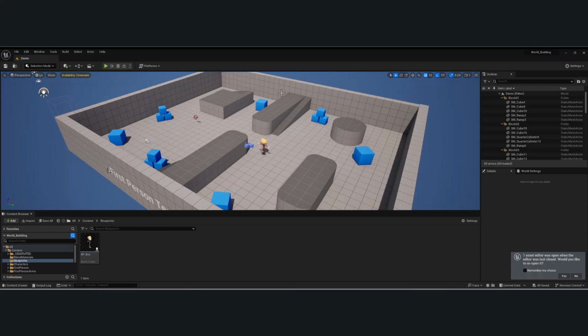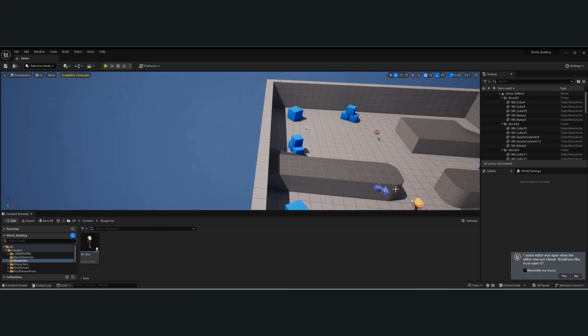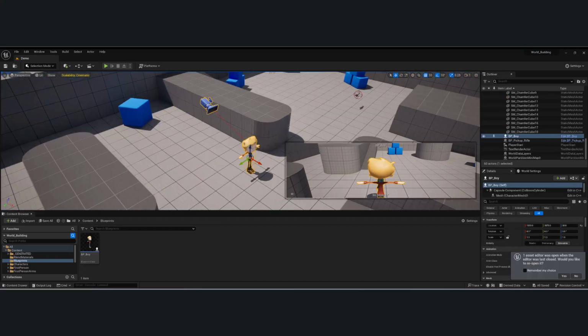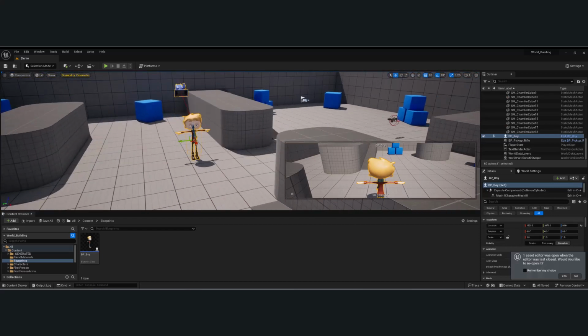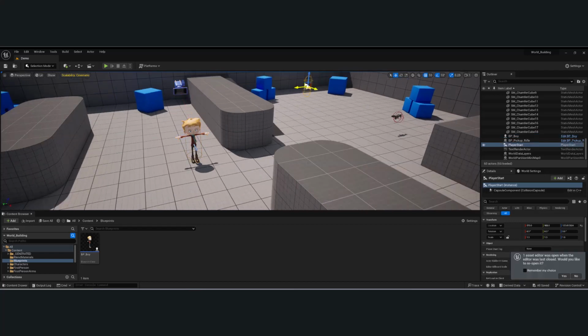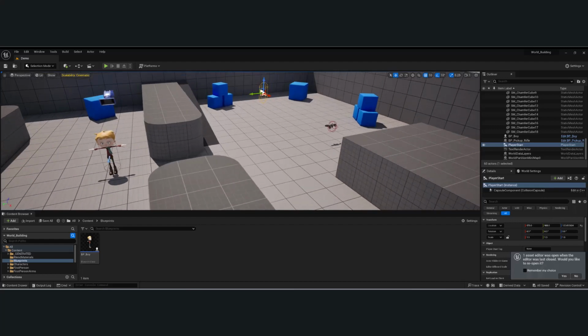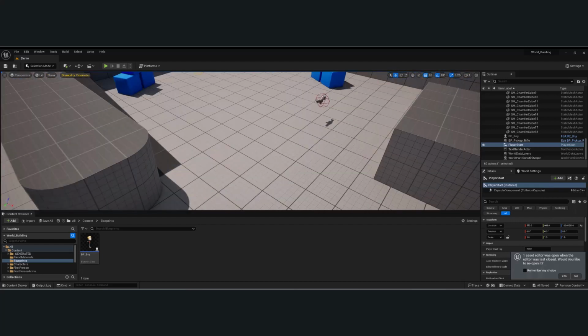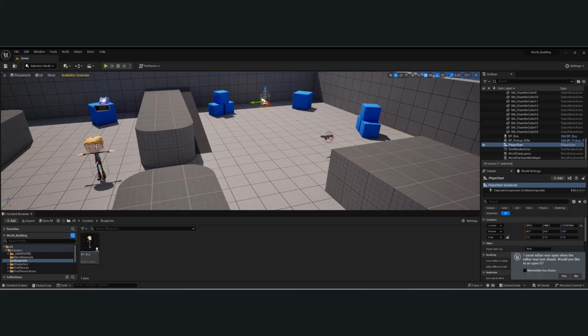All right, so in the last video, what we did is we set up our player over here. And what we want to do now is we want to get it so that our player gets spawned in our game. So you can see here we have this thing called the player start. And this essentially controls where our player's start position is. So if we want our player to not spawn here, but spawn over here,